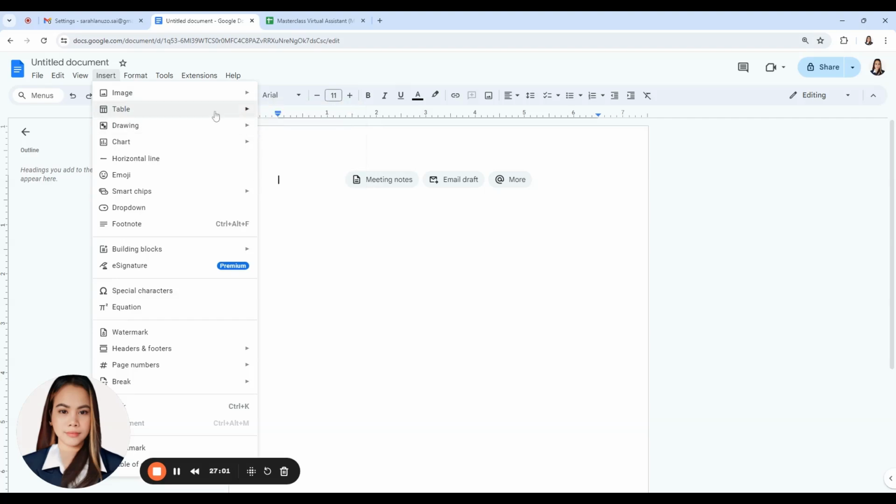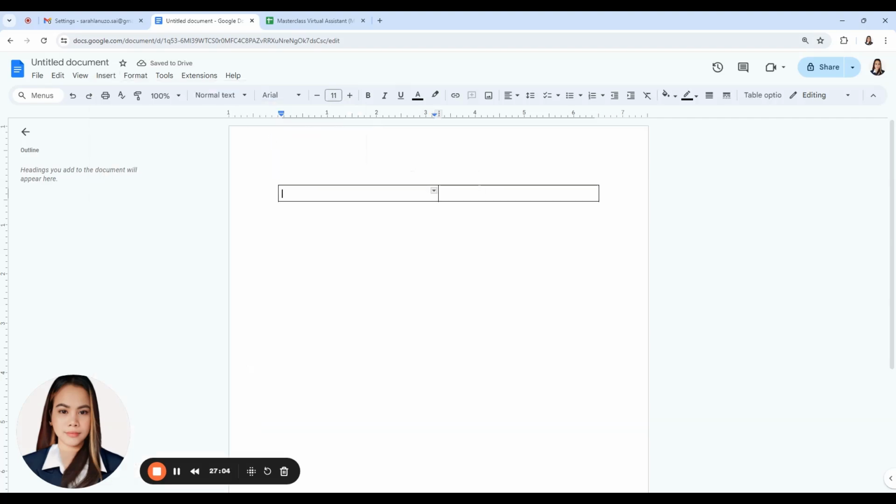So let me use a table here, then adjust this divider, and on the right side I will input my name, company, and position, for example, virtual assistant trainee, your contacts like email.